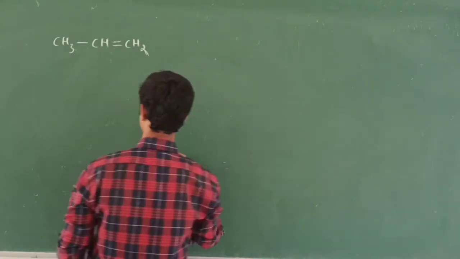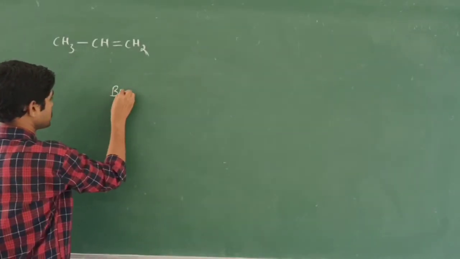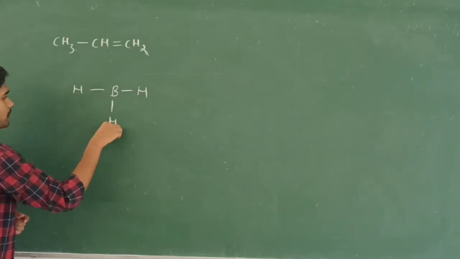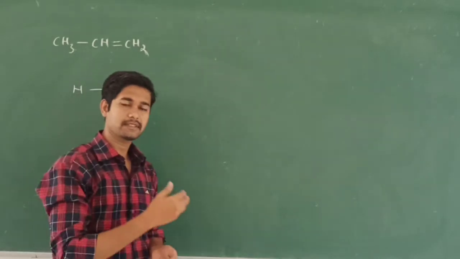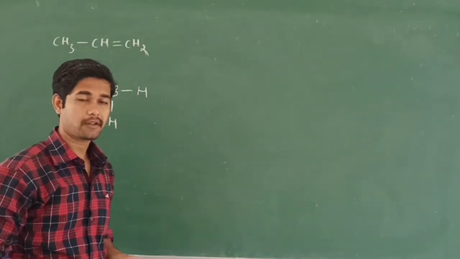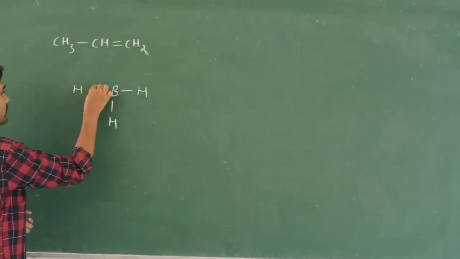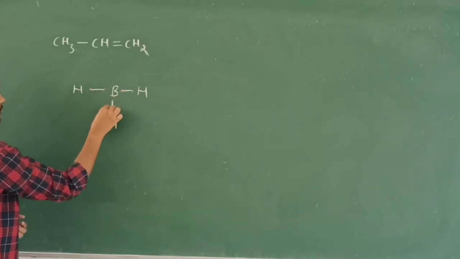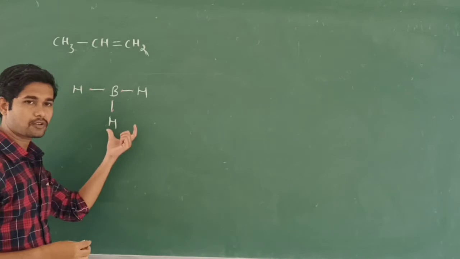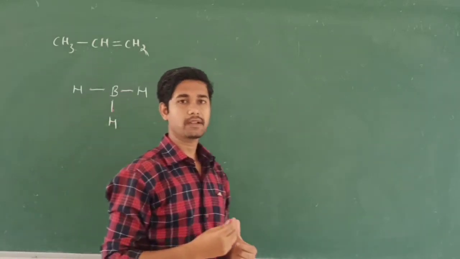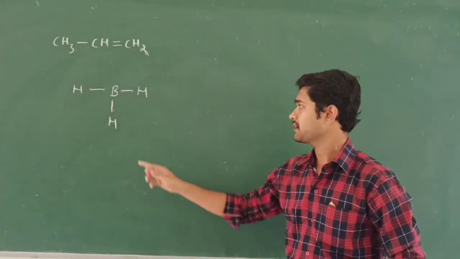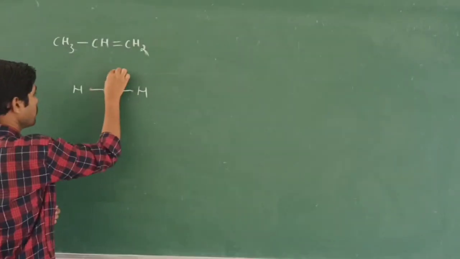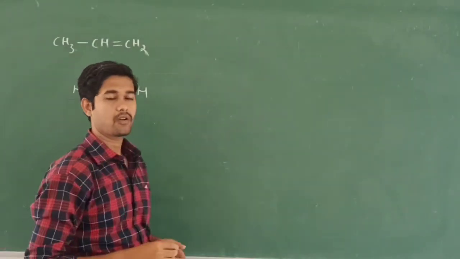You know this hydroboration; I am going to write it as BH3, like this. First you should see whether its octet is completed or not. With these 3 bonds, there is a shortage of two electrons, because the octet is not completed. When we say octet, 8 electrons must be there, but here there are only 2, 4, 6. So this is called a vacant orbital.